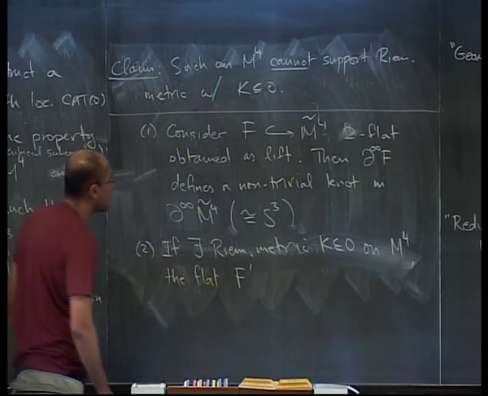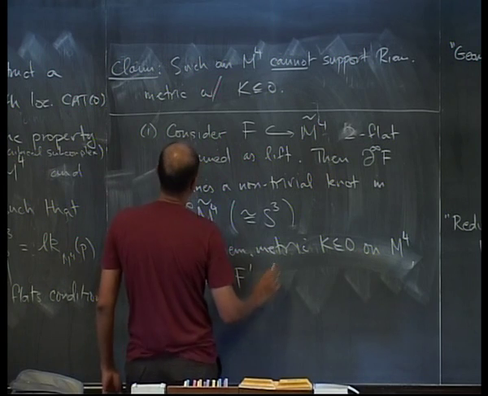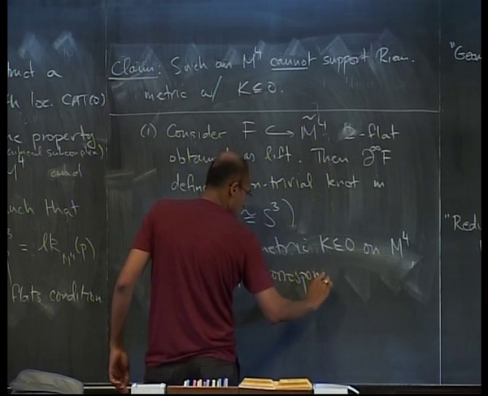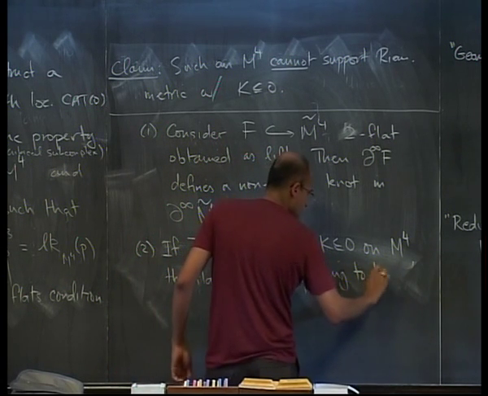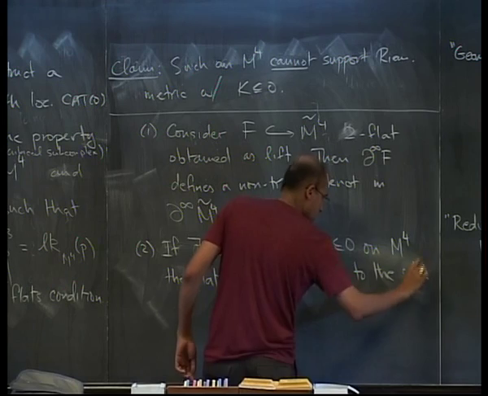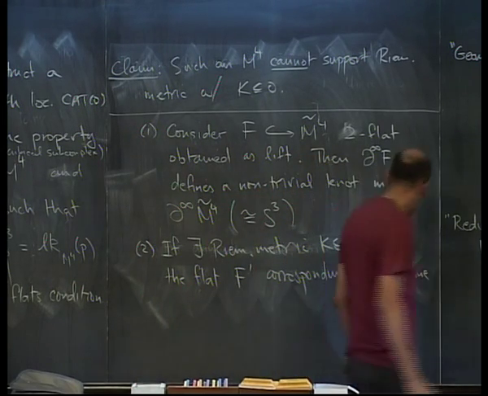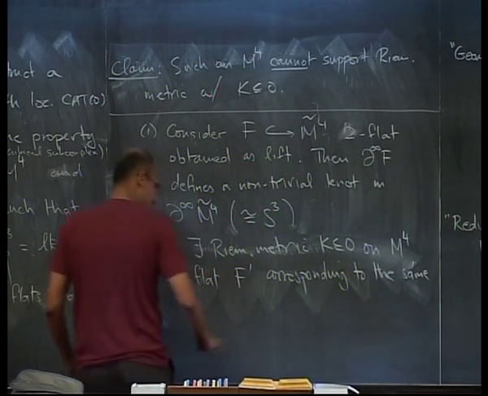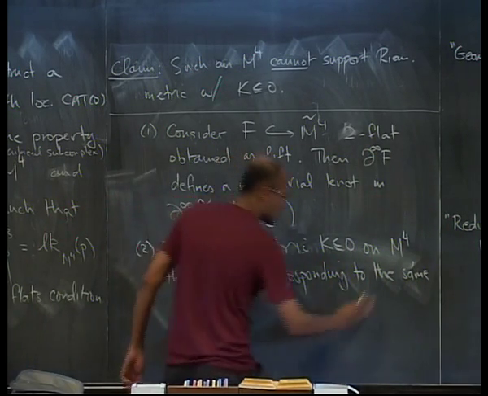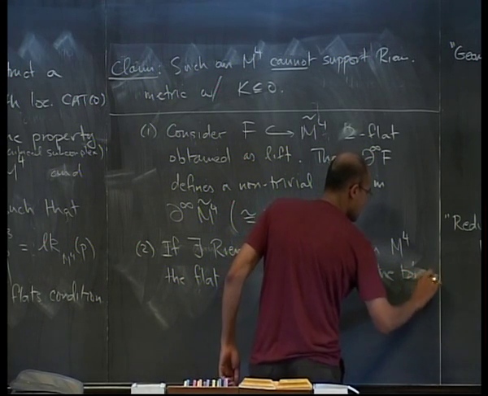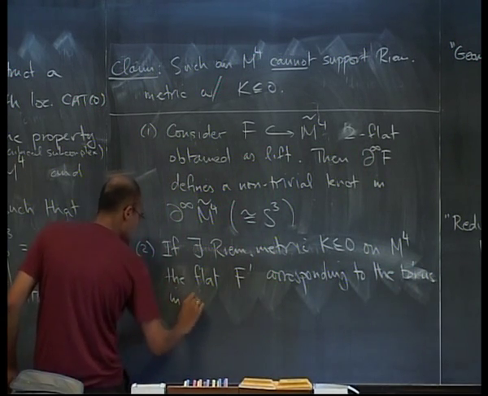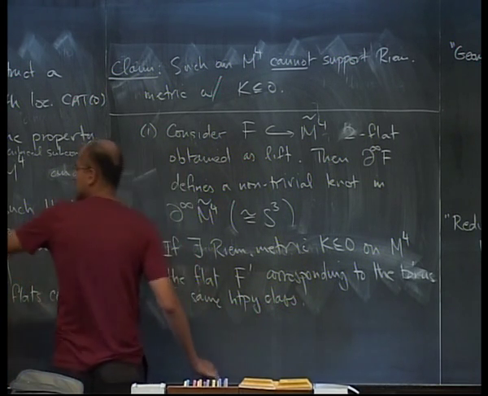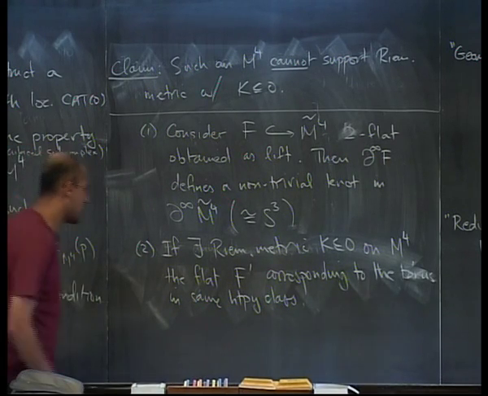F prime. So this is corresponding to the same torus. So I don't want to say, I guess I want to say the torus freely homotopic to this one for your new metric. To the torus in the same homotopy class as this original one here must still be